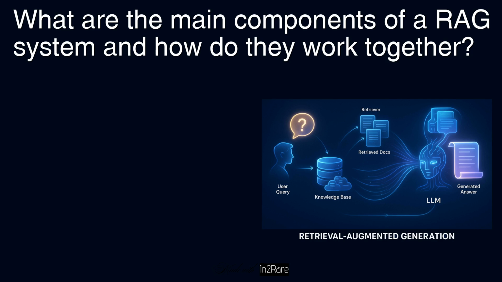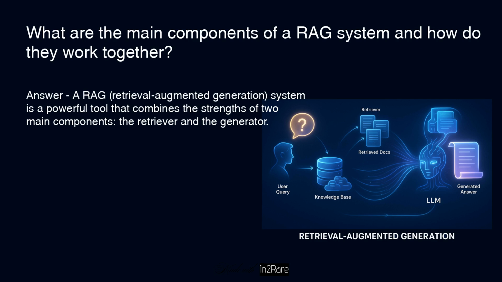What are the main components of a RAG system and how do they work together? Answer: a RAG, retrieval augmented generation, system is a powerful tool that combines the strengths of two main components, the